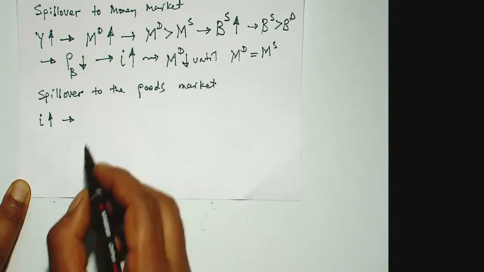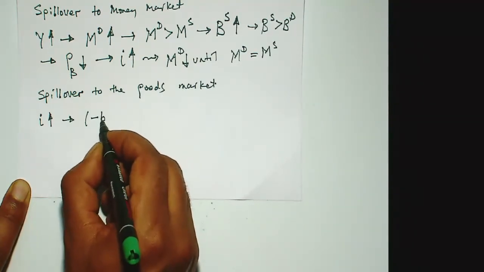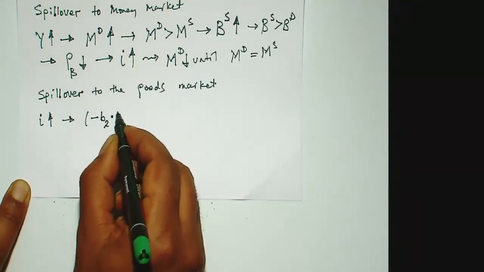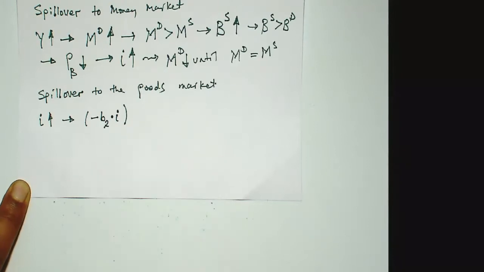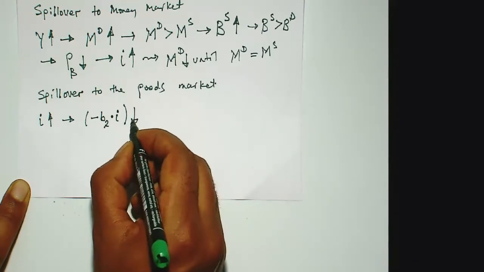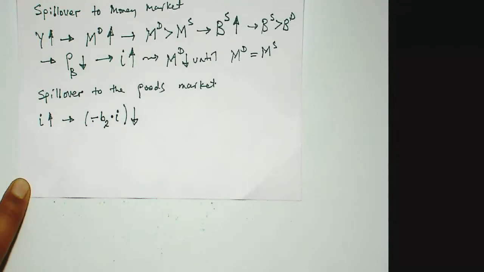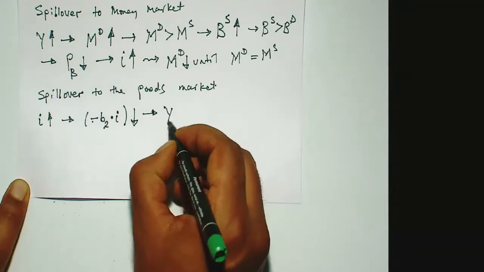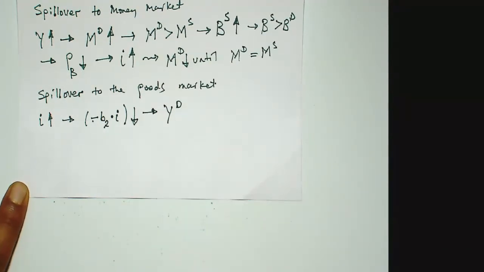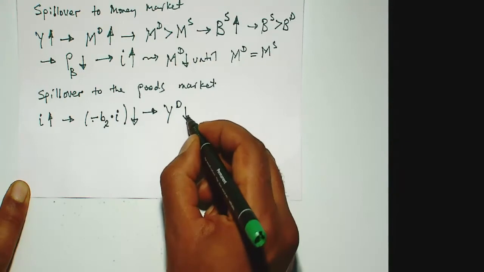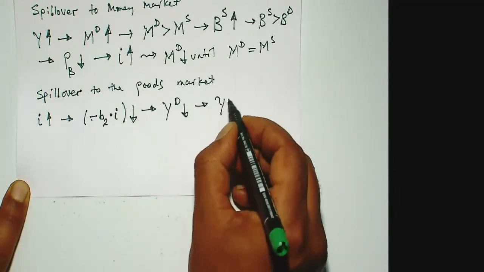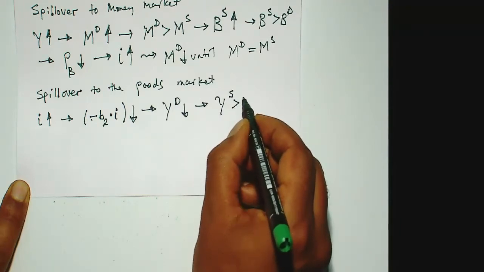If the interest rate is increasing, having seen the formula for our IS curve, this is again to say this entire term would be decreasing because we have here a negative sign. So this would again reflect that aggregate demand would decrease, and this would again reflect that aggregate supply is